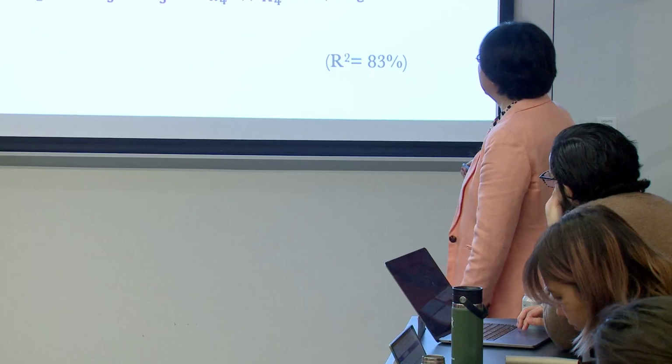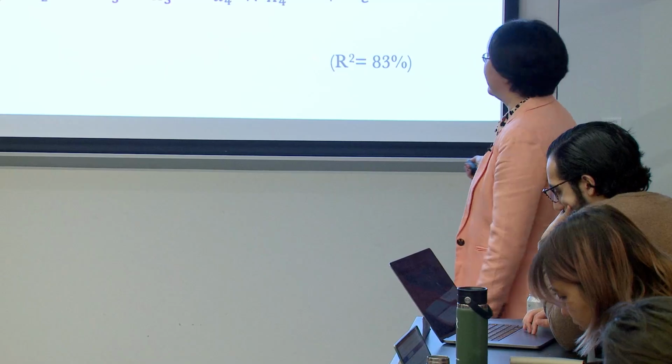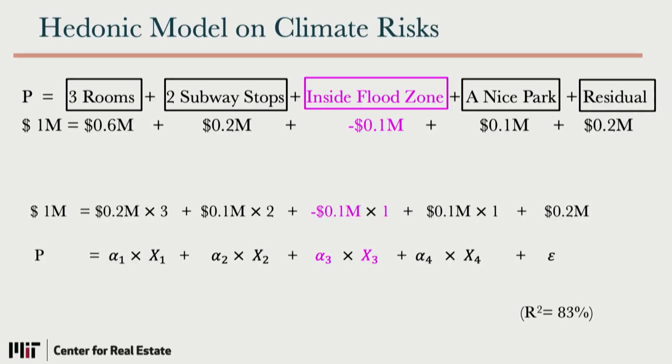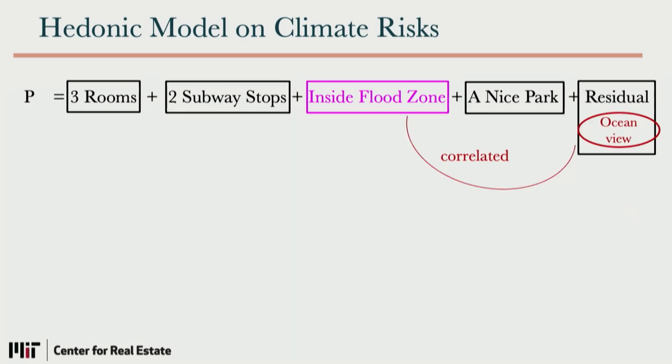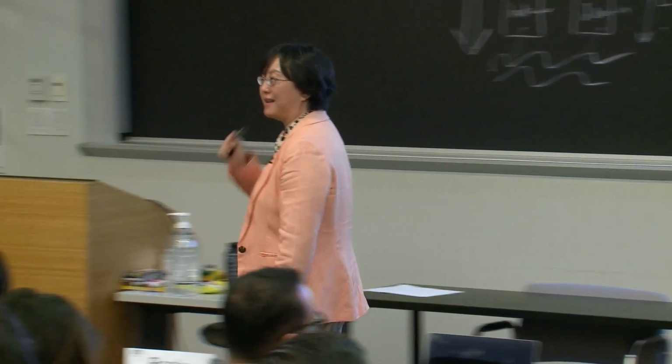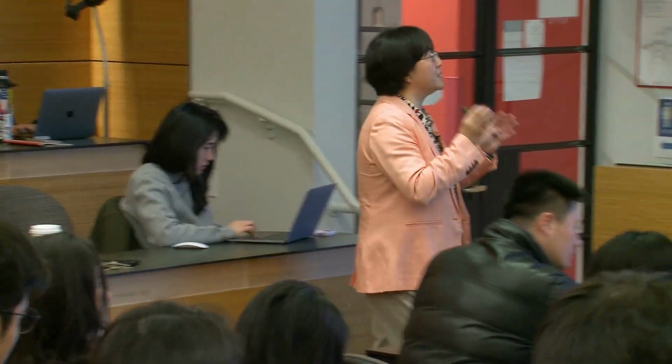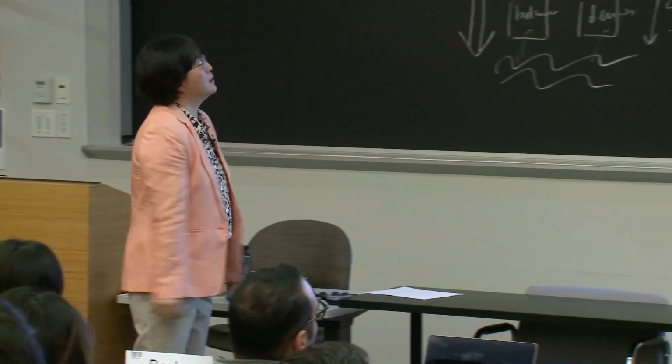Right? This is a trash can. That's why we have R square, which is not 100%, it's 83%. So that's the idea. I think you have the intuition of this. Okay, now clearly we understand the trash can is not that clean. It's not random. There are some things in the trash can which may be correlated with this flood zone location.